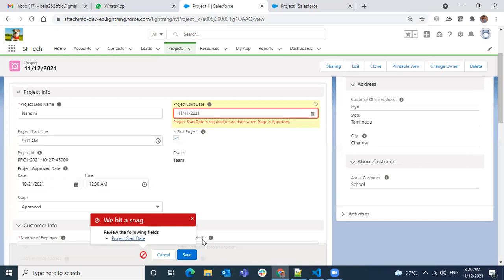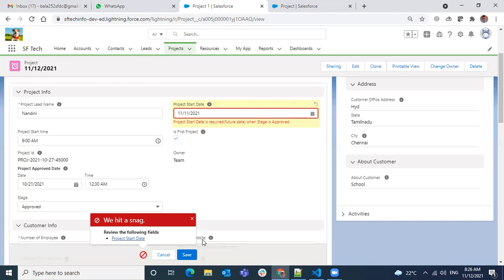Validation rules and then required fields. So when you have some data already and you make some field a required field, but existing records are blank, because you made it required after some records were created, what will happen? Existing records will exist. You cannot make them change. So the next time they try to change the record, it will prompt everything. So whatever validations it has, required fields or page level required, or validation rules, everything will fire only when you do a save or update.